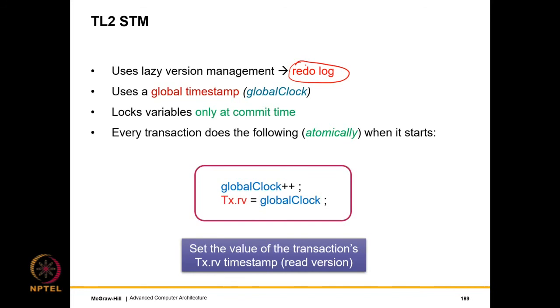Writes will only be visible when a transaction commits, which means that any other transaction, be it aborted or committed, will always see a consistent state, and a state which has been created by committed transactions. But here again, there is a problem. It uses a global timestamp or a global clock, which needs to be accessed by all transactions. But a good aspect of this algorithm is that variables are locked only at commit time, and every transaction